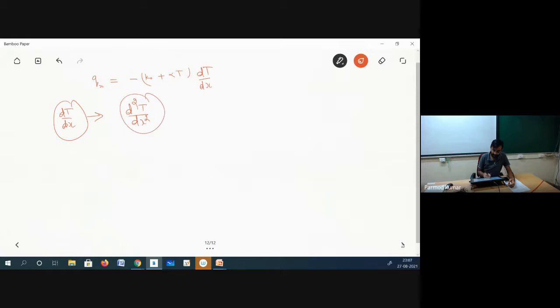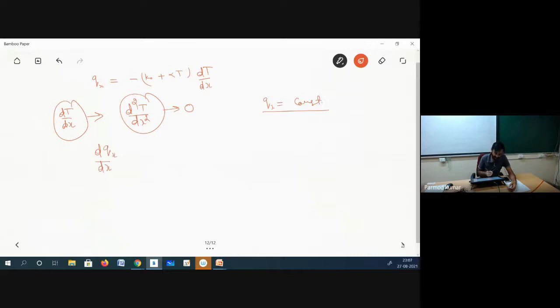If I know that d square T by dx square is equal to 0, then I have to make this slope constant, and I have to adjust the slope as per the second derivative of this temperature field. Now we know that for a plane wall, qx is constant. So if I have to obtain the second derivative, I can take d by dx of